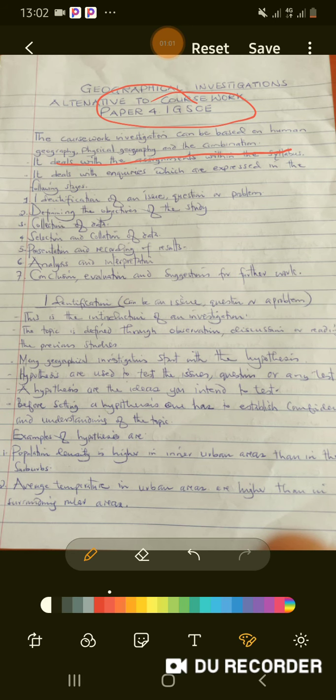For example, it deals much with the identification of an issue or a problem or a question. As you are trying to investigate something, there is an identification of what you want. That identification of an issue, you raise from an issue, from a question, or a problem. For example, why does one sandy soil retain water? You can say it in that way.